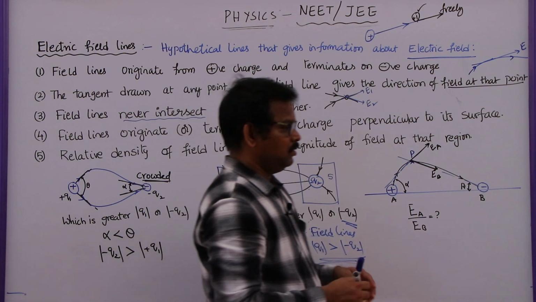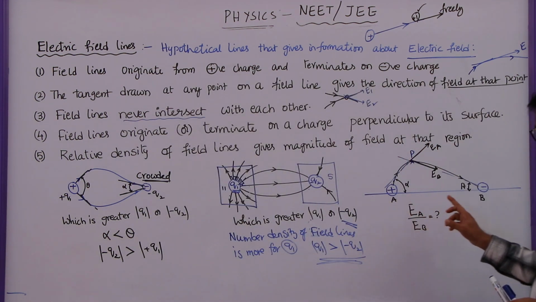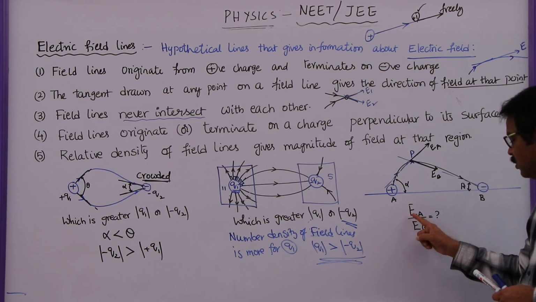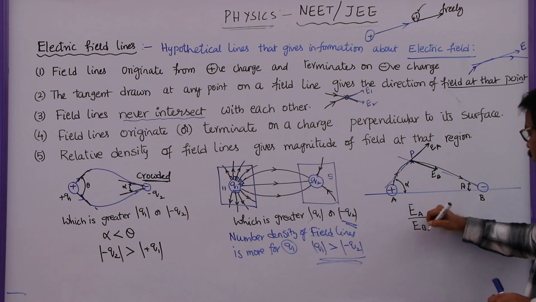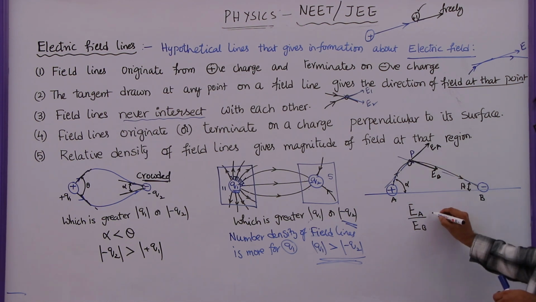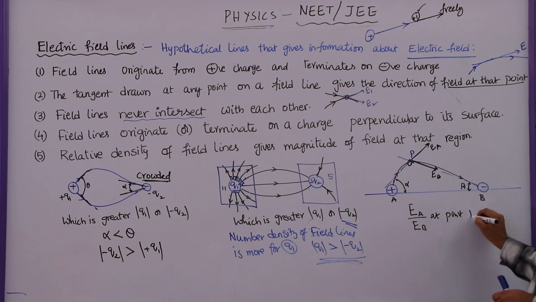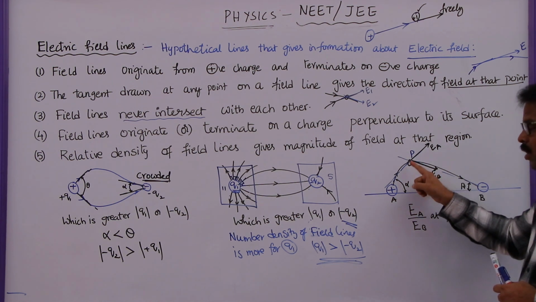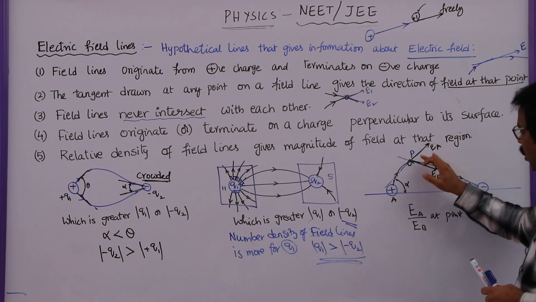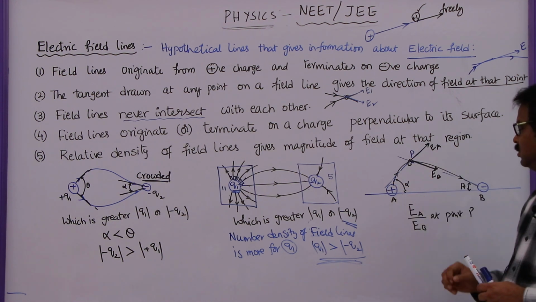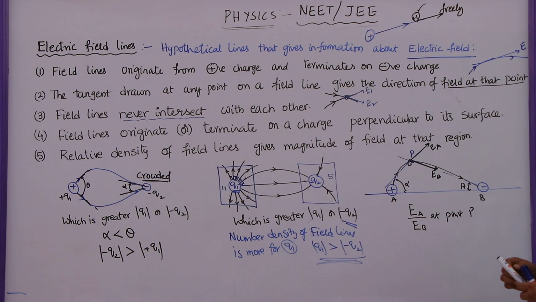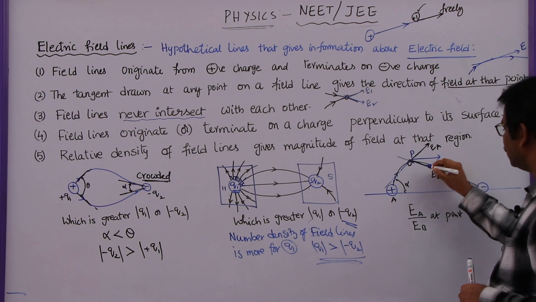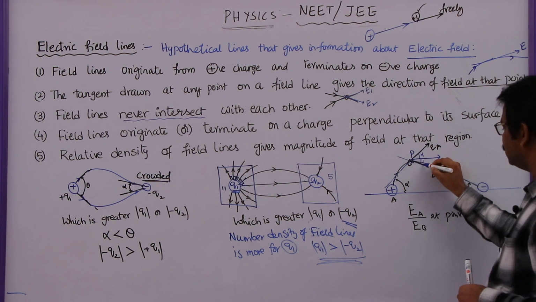Now here in this question, they have given 2 points A and B, and they are asking what is the ratio between electric field due to A and due to B at point P. So to find out this one, first you resolve this electric field here. At any point draw a tangent, and after drawing the tangent, let us say EA is making some alpha at this charge and EB is making beta at this charge. You can resolve this into two components. So what are those two components? If you resolve this one like this, so this will be alpha and this will be beta.